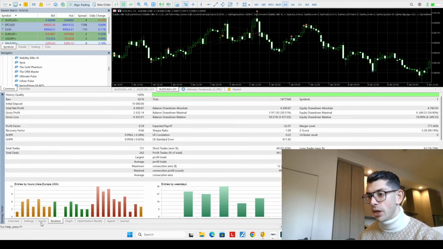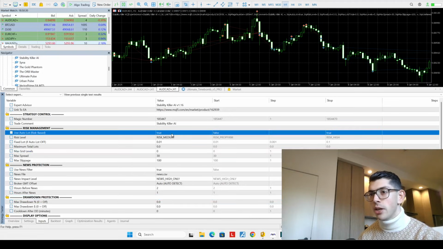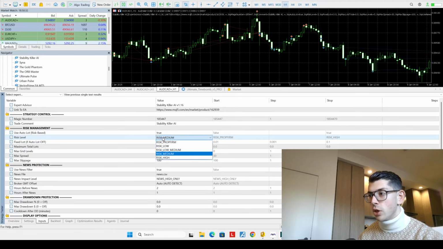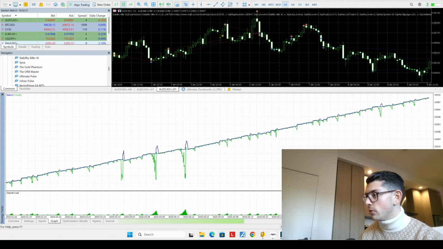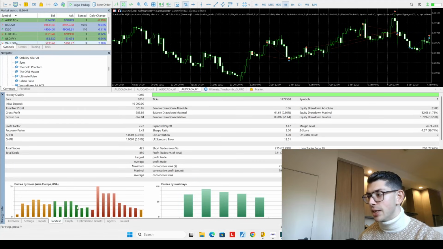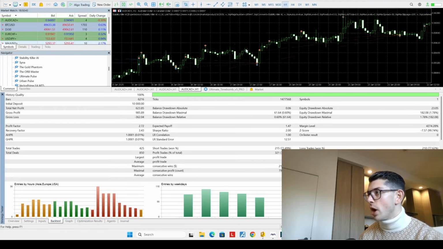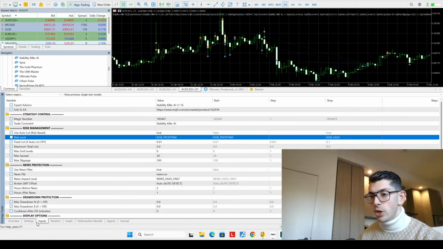Okay, so clearly something is a little bit wrong here. You probably can't toggle that. Use auto lot, risk medium. We can do risk prop firm and see if perhaps that looks a bit different. Now it's still using the grid, but most likely that is indeed capping the total possible drawdowns, but still opening quite a few. So interesting.